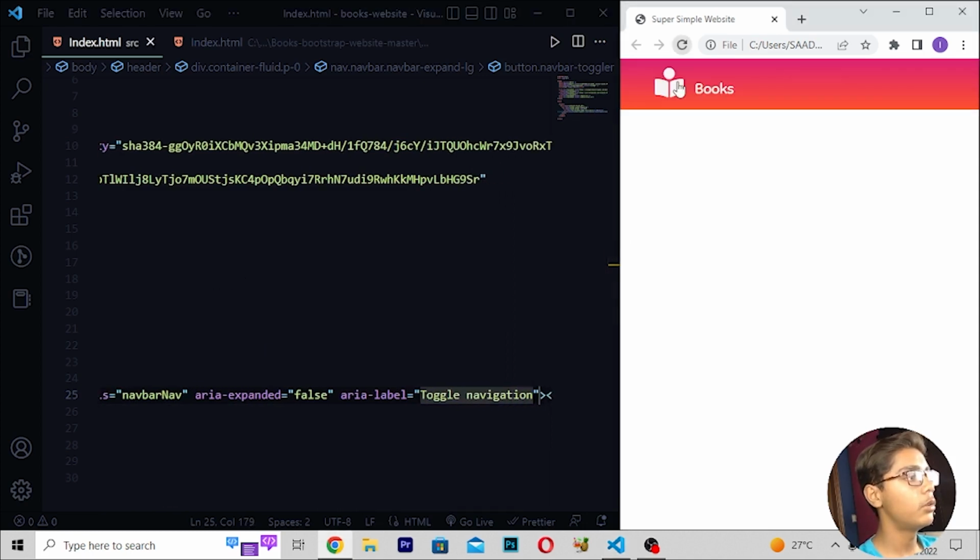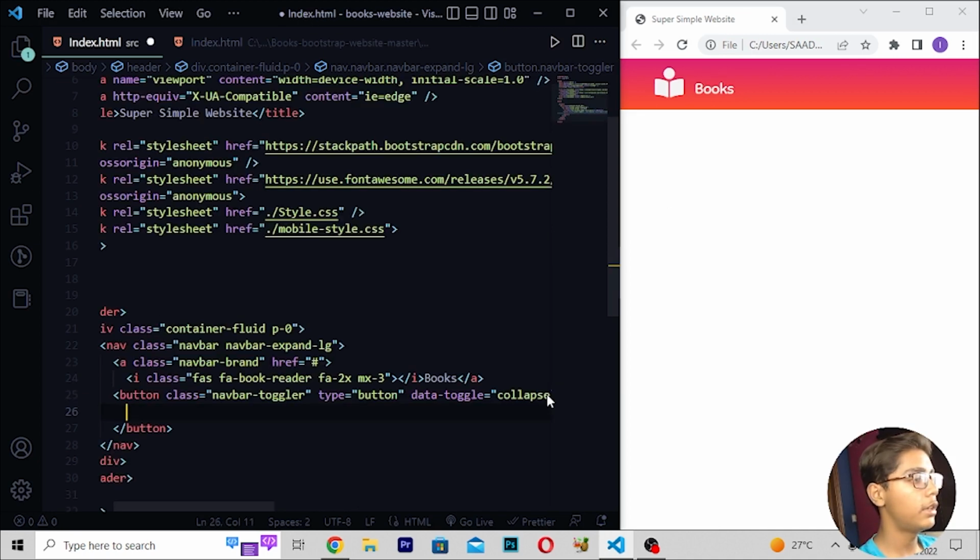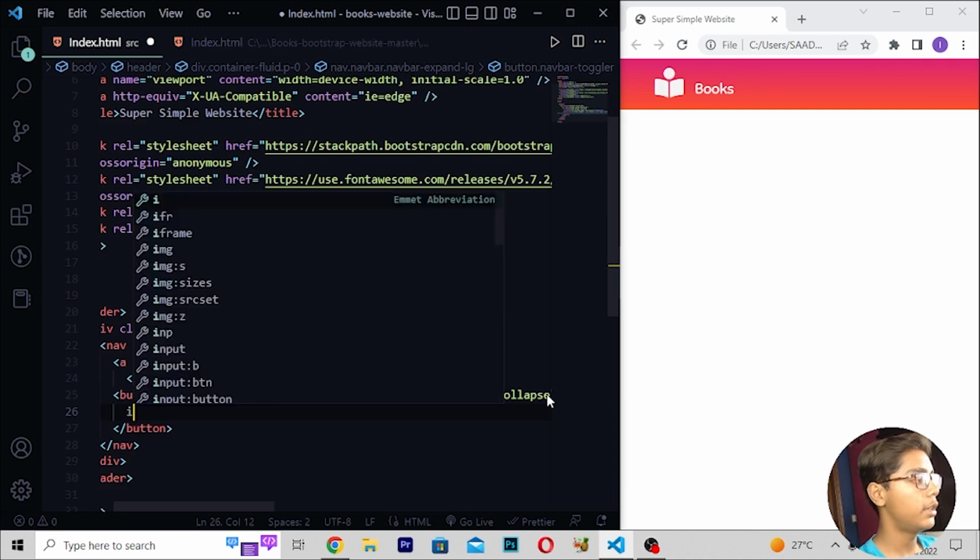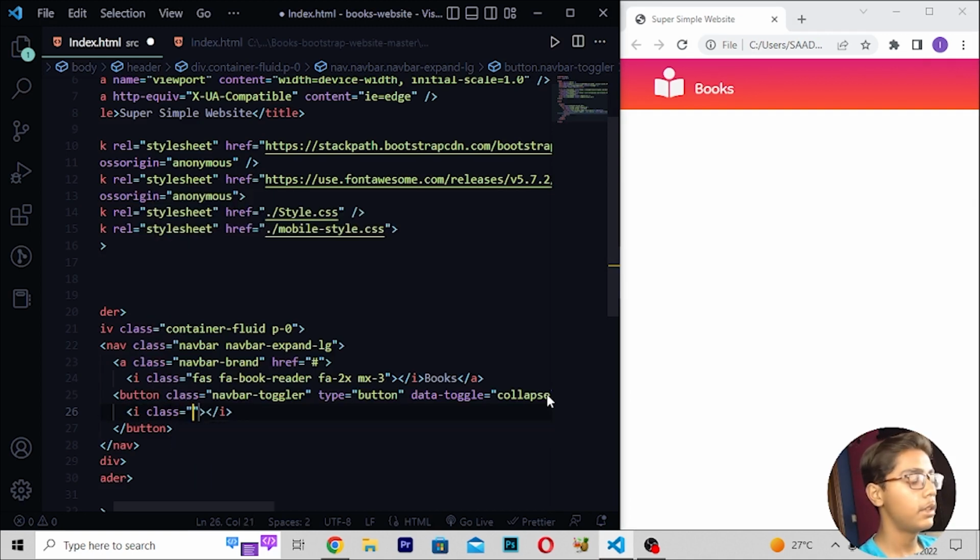Save this, then reload. So you can see we are getting all this thing. Now when you are getting this, here I will be now moving down, right here i tag. Then in this i tag you have to write class, which should be fas fa-align-right text-align like this. Then when you've written this thing, just here I will be now writing text-light.